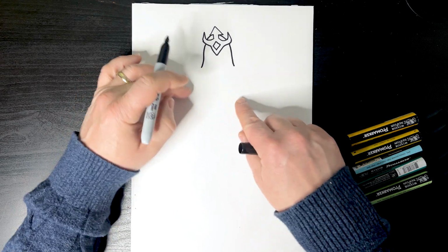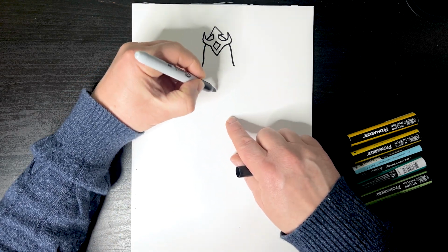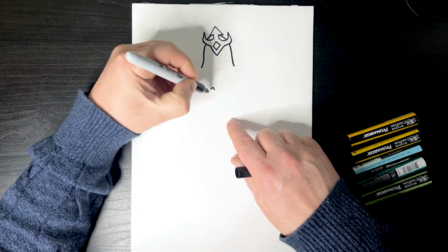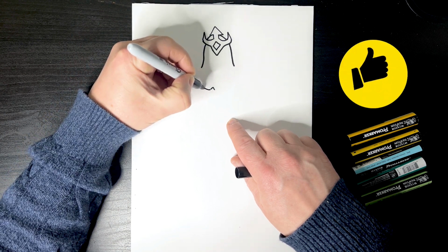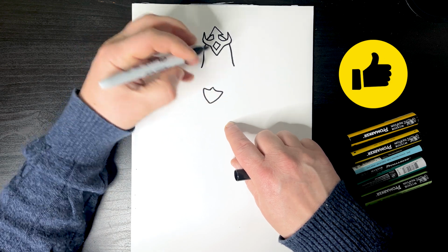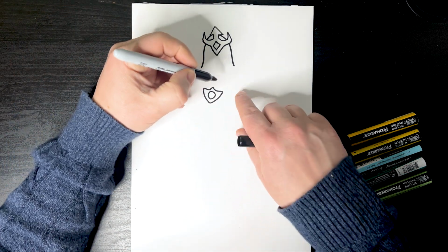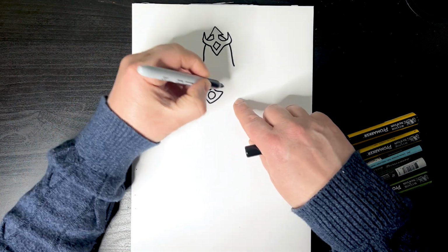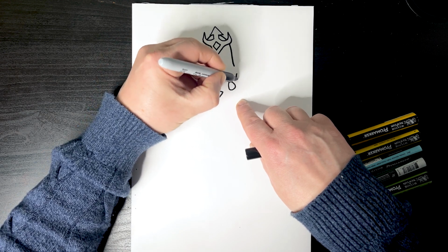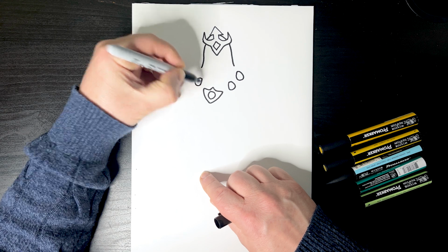Okay. Next we can draw the chain around his neck. So I'm going to draw a little area from about here. Just do a little curve up like that. Then we're going to go around, down, like it's almost a little mini shield, I suppose. Just draw a circle in the middle of that. Okay, then it's got a few little decorations along the way on that, so I'm going to do some curved oval shapes, moving upwards around there,